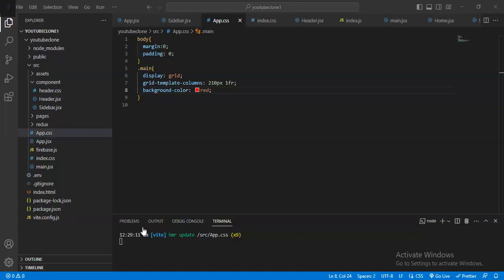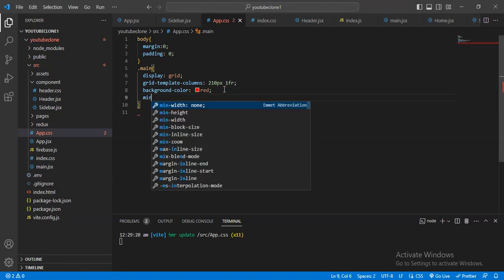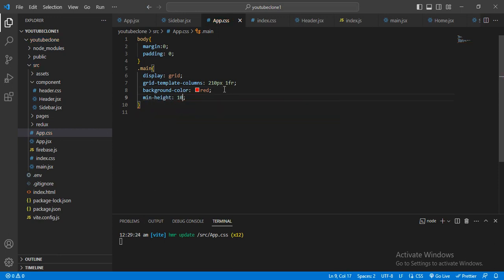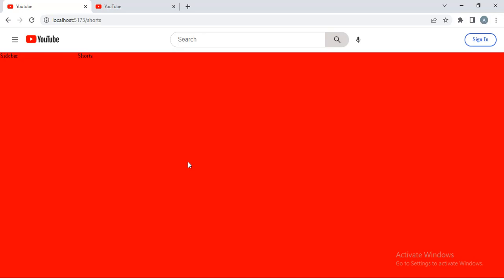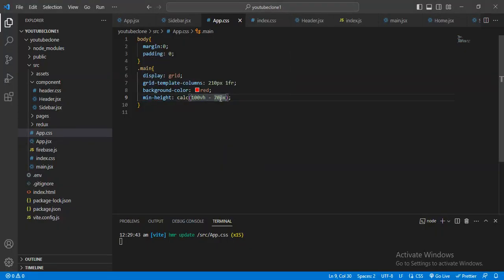For covering the height, here I will give the minimum height, calculation 100vh minus, and this will be approximately, I think, my top height, approximately top height will be 70 pixels, and in between them I will give a little bit of space. And now check, okay, 70 is a little bit less, I will give 72,